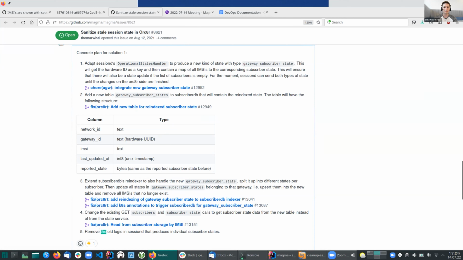There's a fifth step here that's not implemented yet, but that's just cleanup of the old state. It should not still cause this bug. And there are a few related bug reports about state that's not cleaned up on the NMS side. So far, we're not sure how many of them are really caused by this or how many might be caused by other states. But this one should be fixed at least. And that's it from my side. Any questions?